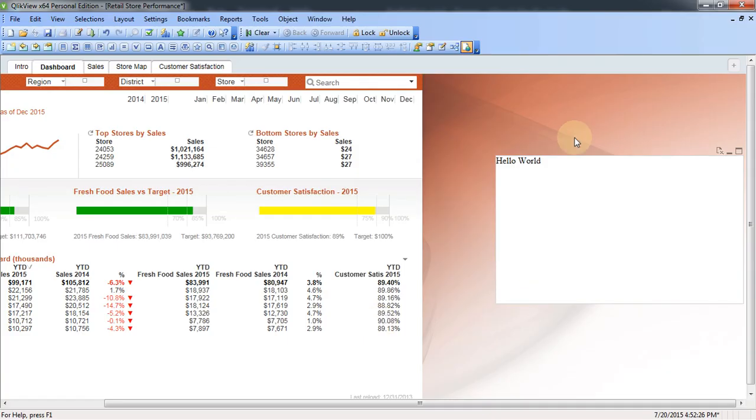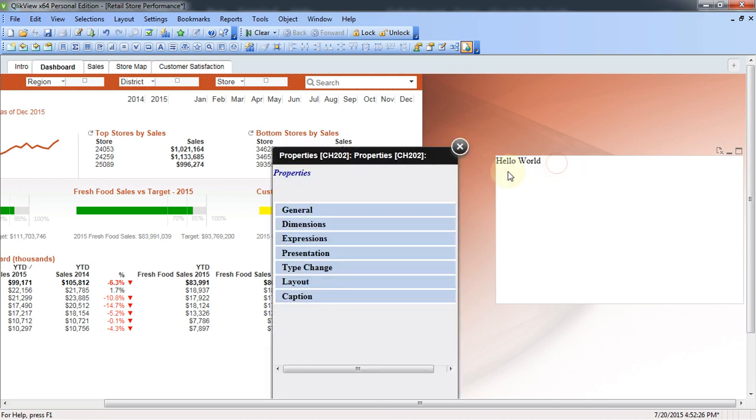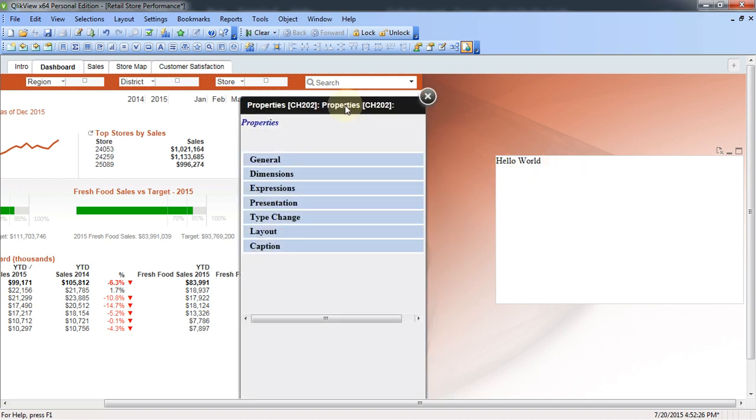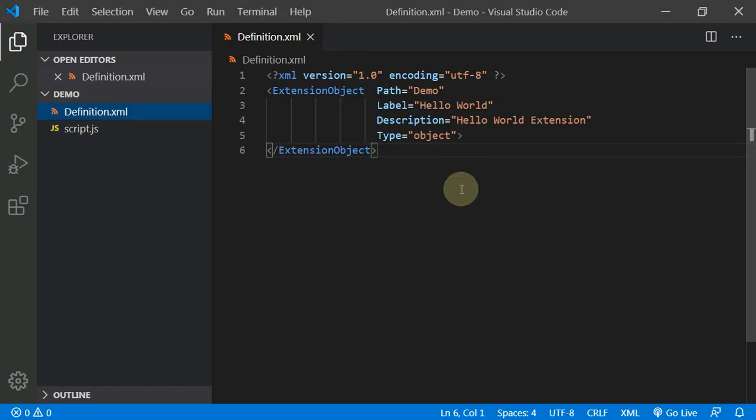If you look at the Qlikview extension, if you go to the property, it is showing a couple of options like general, dimension, expressions, etc. So when we haven't added any property, it will automatically show some default properties here. What we need to do here is add some property. For this,